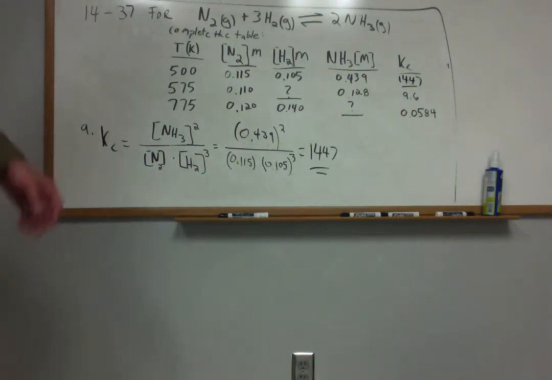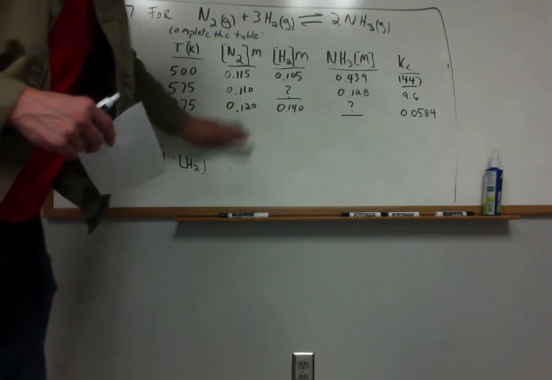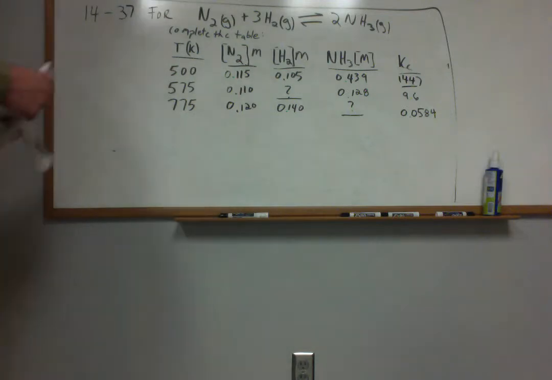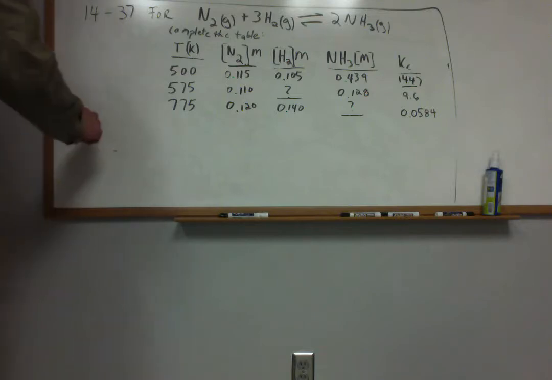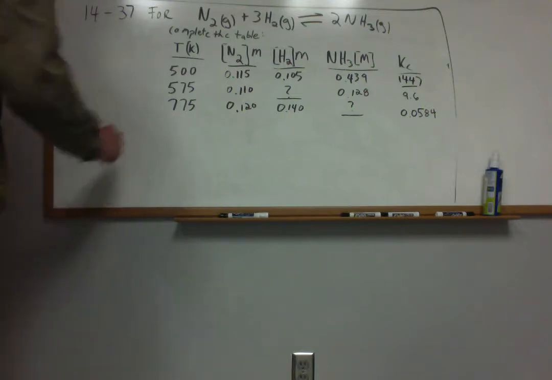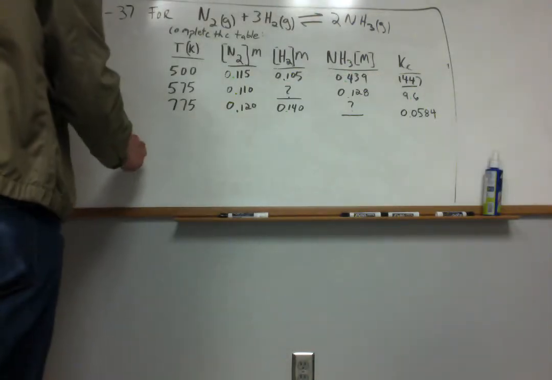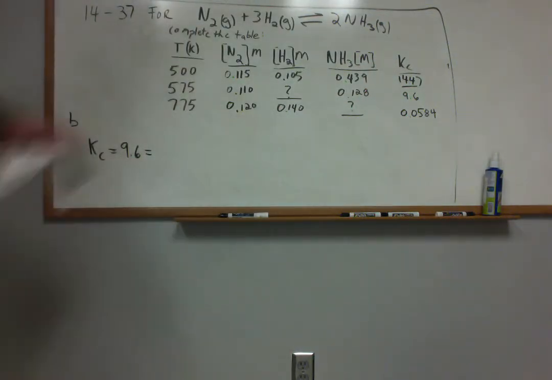Now, the other problems, B and C, are a little bit different because they ask us to find different information. This was the forward problem where we could solve for Kc directly, but in the other examples, we're actually going to be asked to find some concentrations. So for instance, here in part B, we're asked to find the hydrogen concentration. That's unknown. But in problem B, we're told that the K at that temperature was equal to 9.6. So we raise the temperature a bit, the K drops, okay? But it's equal to 9.6. That describes the equilibrium position at that temperature. So we're going to honor that